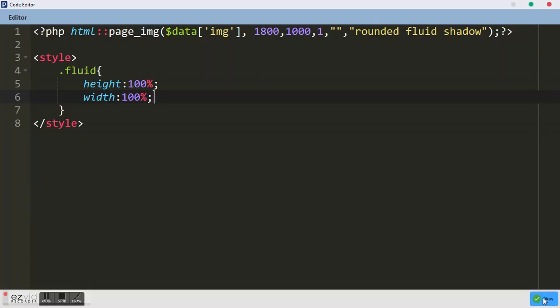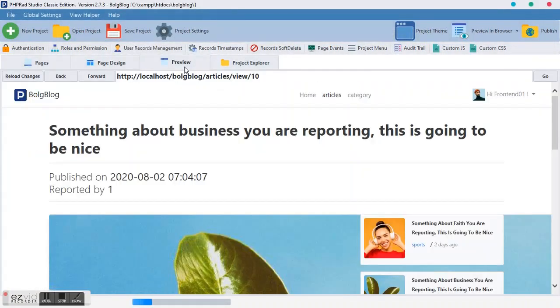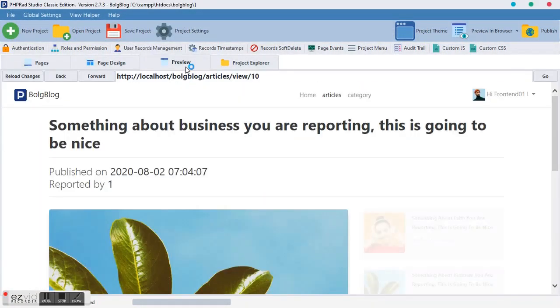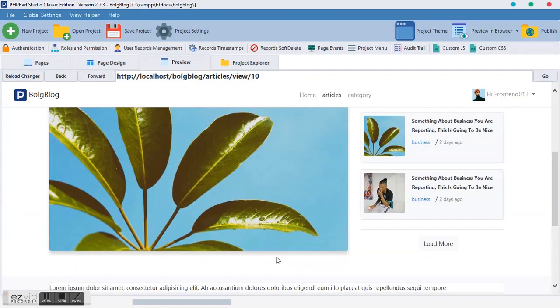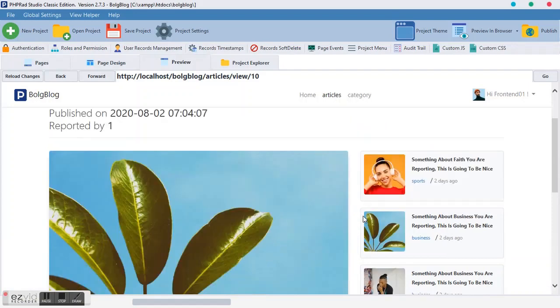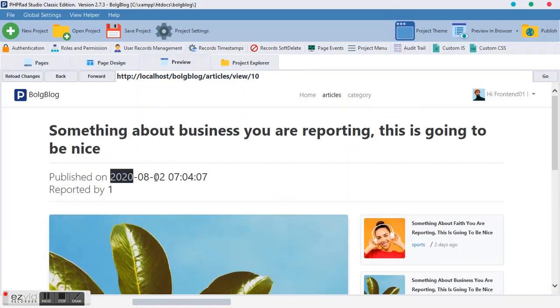As you can see, our image is now responsive, and you can notice the shadow. Our image is now responsive, but our date isn't the way we want it to look. We want this date to give us a relative date. So come over to this view page and make it